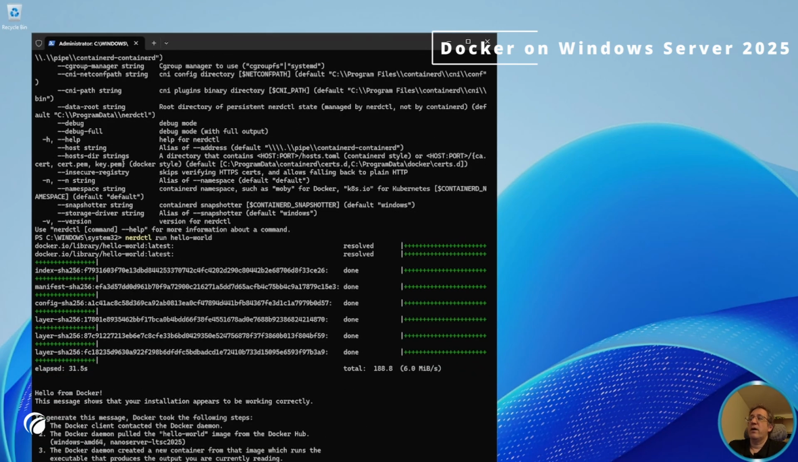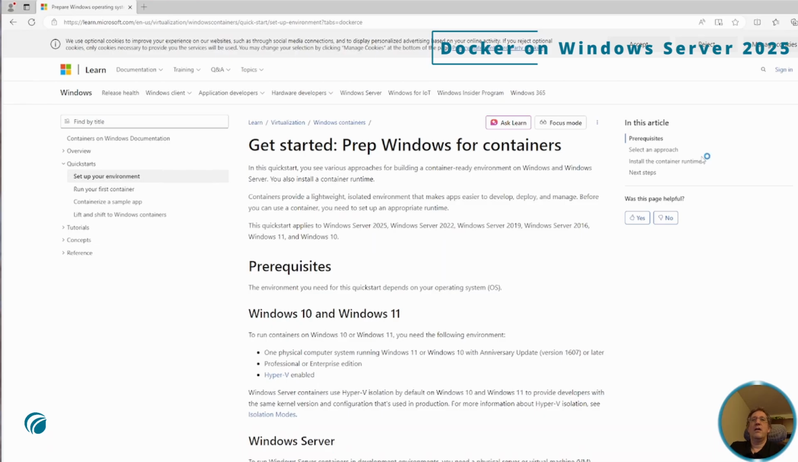And again, we have hello from Docker. And again, containerd is Windows only containers. And now I've reinitiated for a third time my Windows Server 2025. And I again went to the site